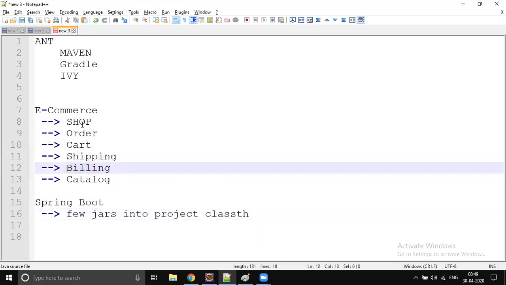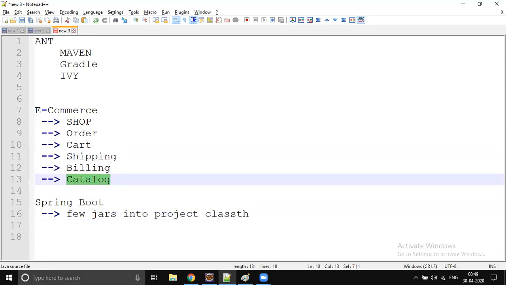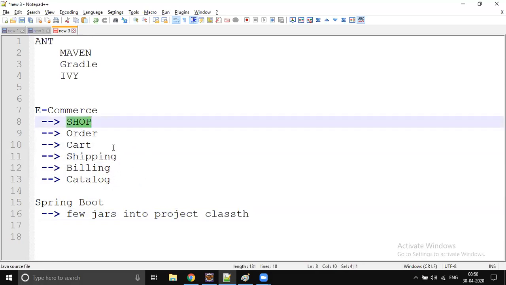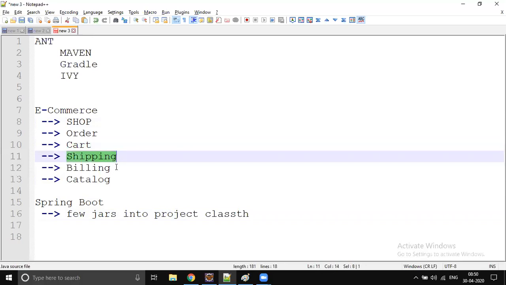So this is also the same. Internal dependency means you create a catalog jar and put it in the shop module. You create a catalog jar, put it in the cart module. You create a shipping jar, put it in the order module. So we will have so many dependencies whenever we are working on real time projects. And not only real time projects, just after a few minutes, maybe day after tomorrow, when we jump into the Spring application, we will start